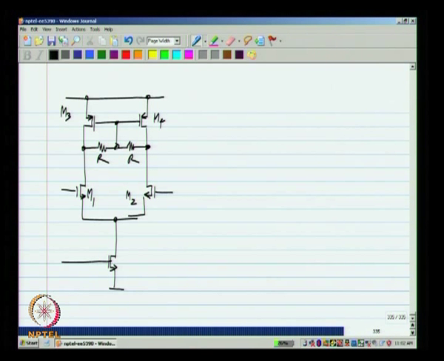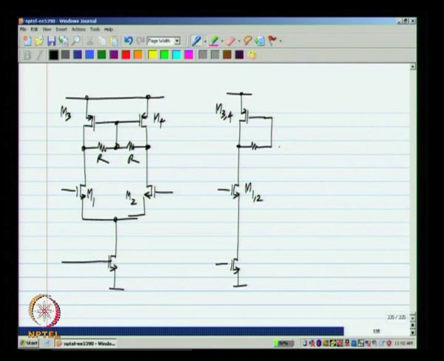There will invariably be some parasitic capacitance at this node due to these transistors as well as maybe due to the resistors. Okay. The common mode equivalent circuit of this is